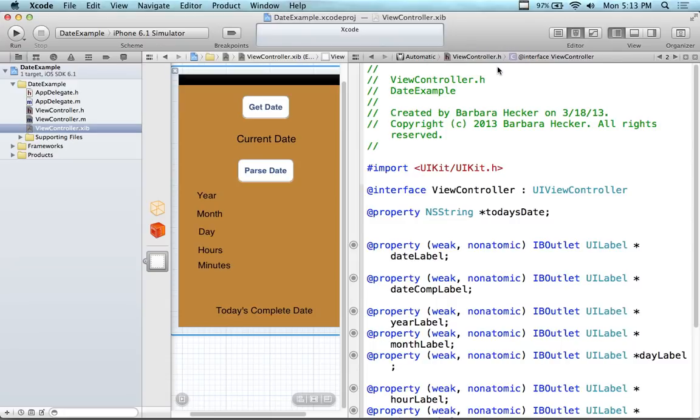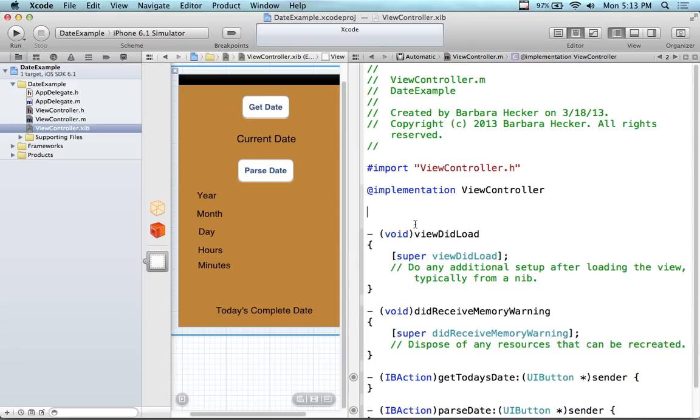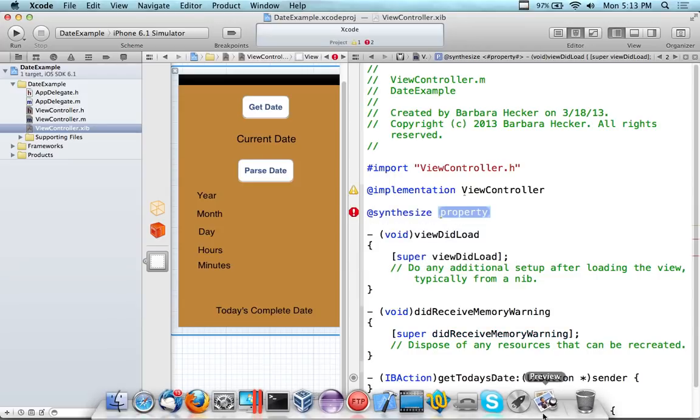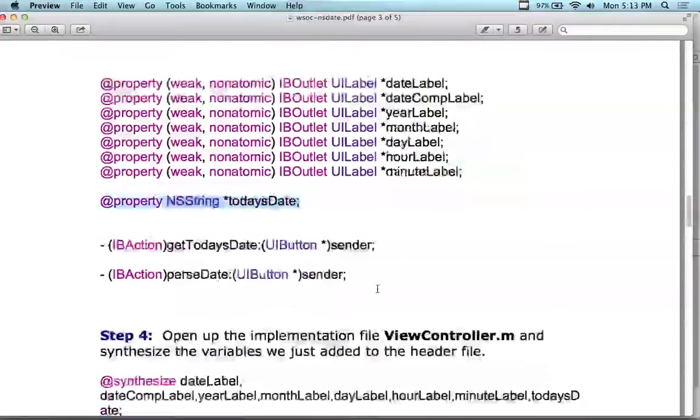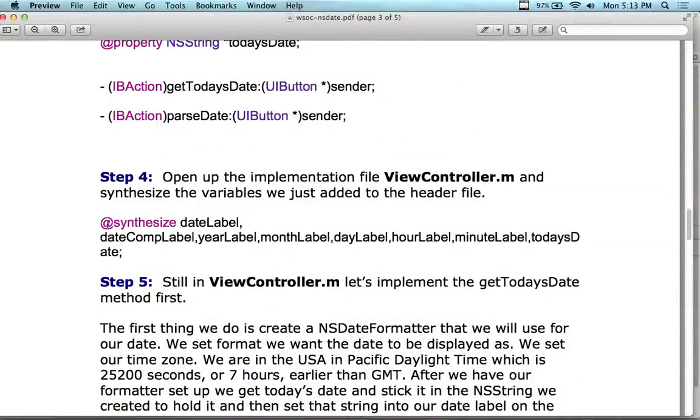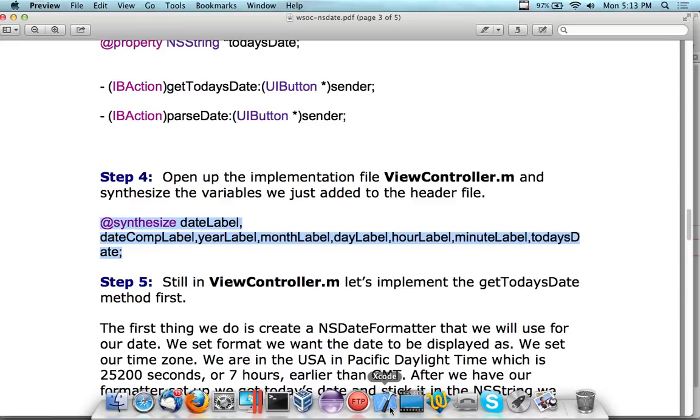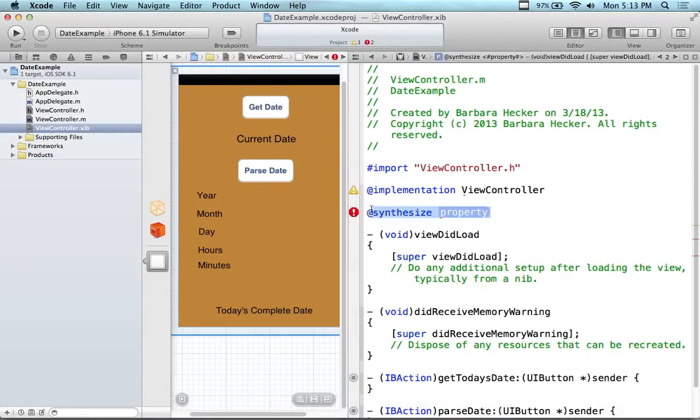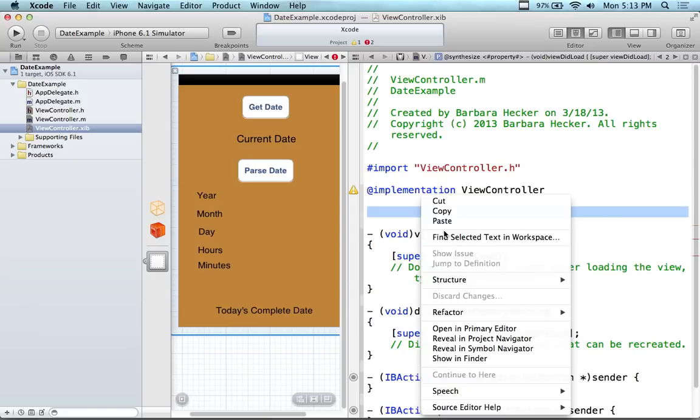So over here, I always come up to the top and I always remove the interface that appears. An interface that appears inside of an implementation is for private declarations of data being used only in the implementation. So if we property one, we're going to synthesize something. And so maybe I can just cut and paste the entire line, actually. I can. Look at that. And I can test to see if I called everything the same way I was supposed to call it. So we synthesize all of the data that we would create properties for,